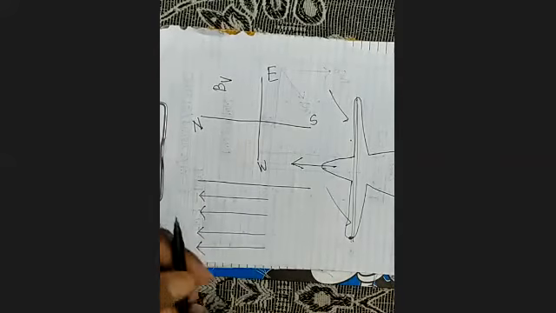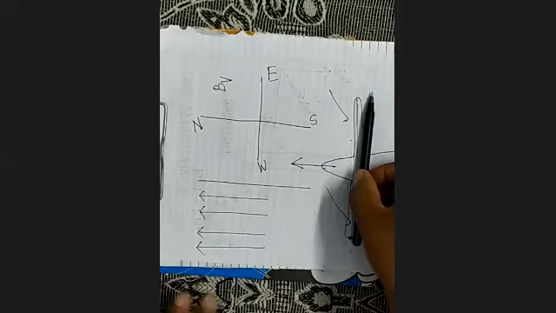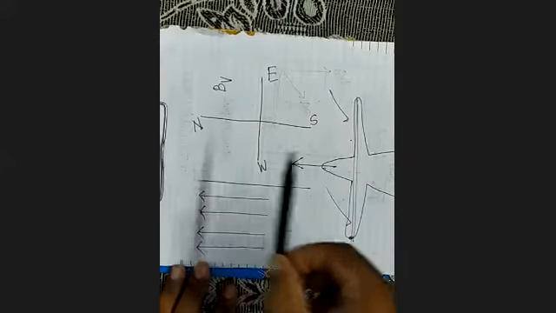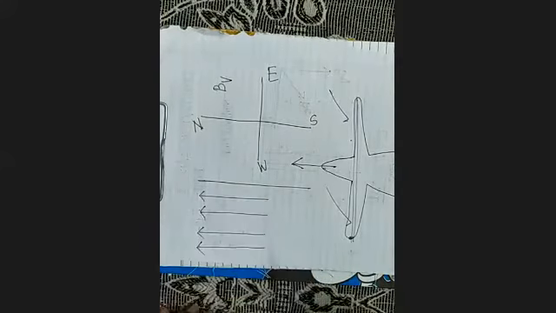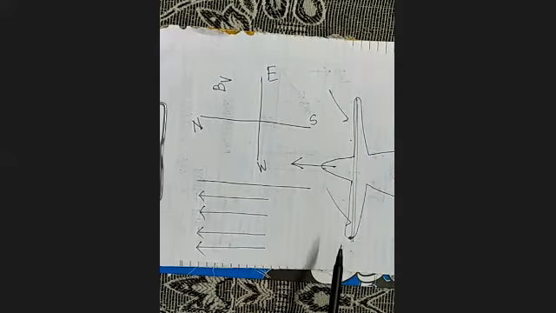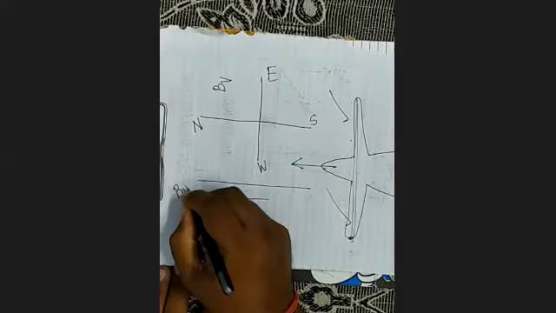BH, and it is landing in such a way that the wings are in the east-west direction. It is landing in this way. So what will happen? It will cut the horizontal component of flux lines. And when it cuts the horizontal component of flux lines, what will happen? EMF is induced because of BH, not because of BV. Not because of BV. It's clear?